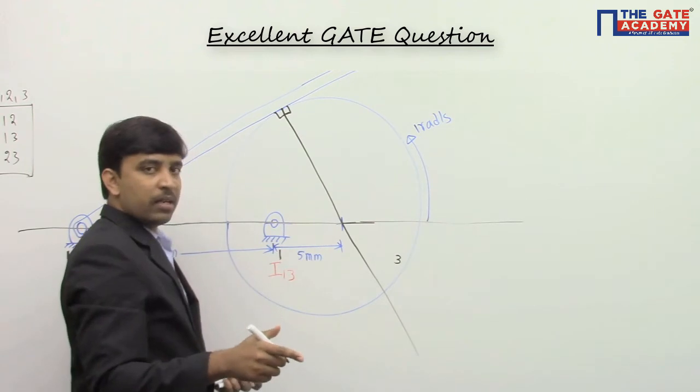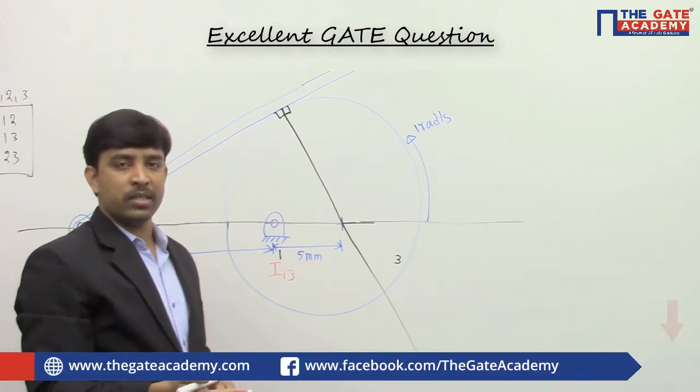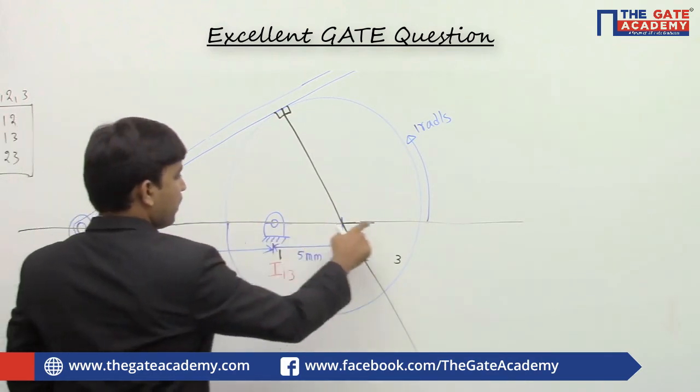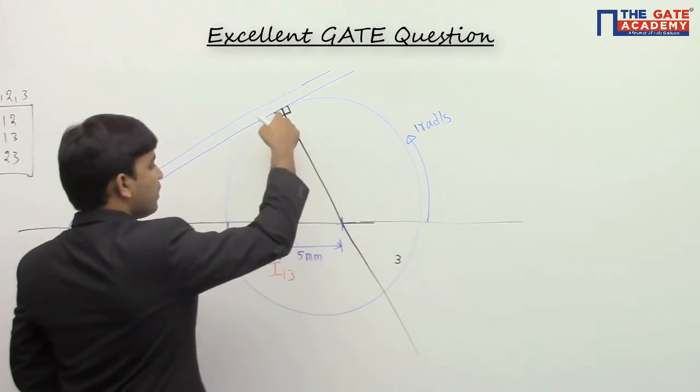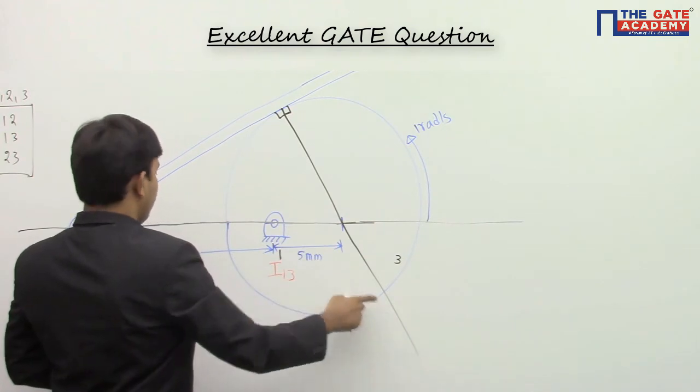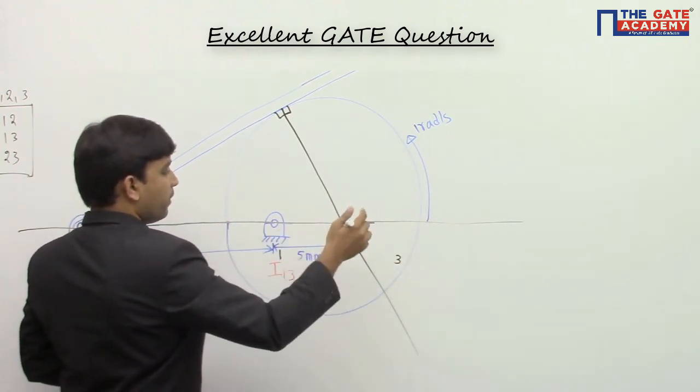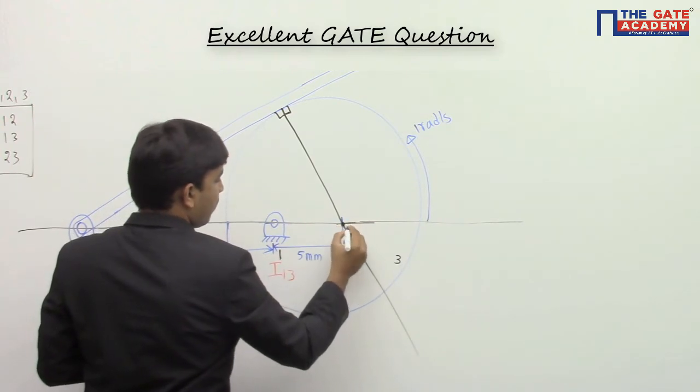But at this instant, since there is relative motion among these 3 links, the 3 I centers must be collinear. It means the third I center must lie on this particular line. Since it's a higher pair, the I center should lie along this line, and according to Arnold-Kennedy's theorem, at this instant, the I center should lie on this other line. If you look, this point is common for both the lines.